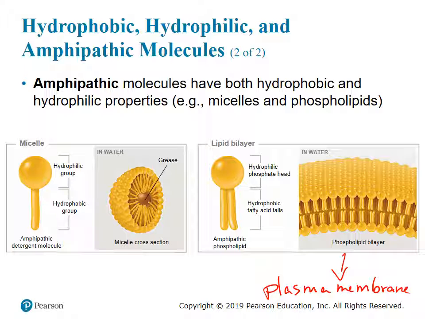What is the plasma membrane? The barrier of the cell, whether that be one single-celled organism like bacteria or multicellular organisms like humans. That layer there, or the plasma membrane, is made up of both